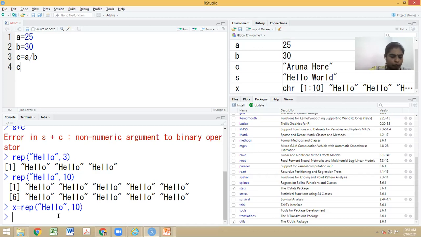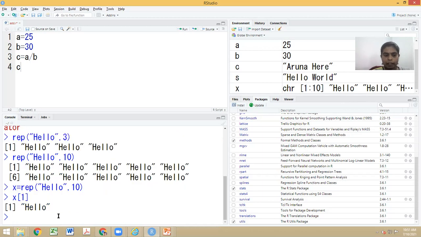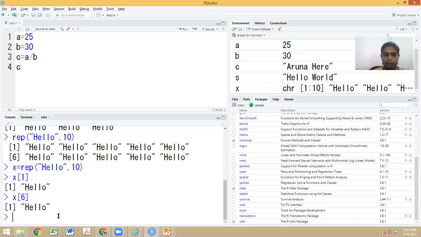So now let me take x and then use the square bracket and then give 1. x is having totally 10 values. Out of the 10 values, I want to access a part of the variable. How do I access it? By giving the position or index. Suppose I give x of 6, then I get the 6th value.